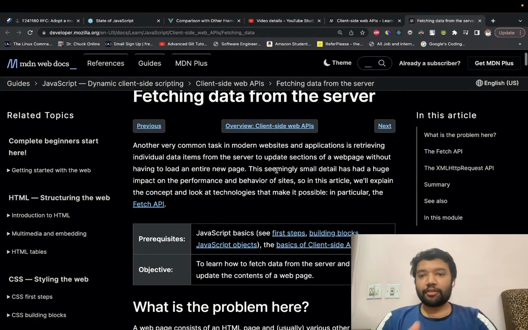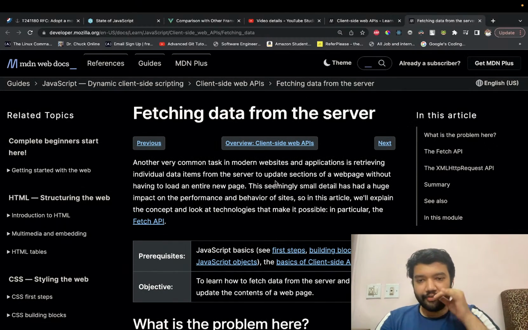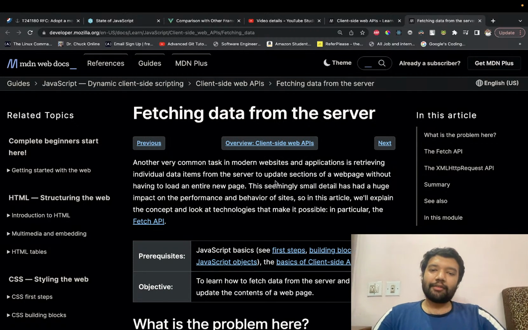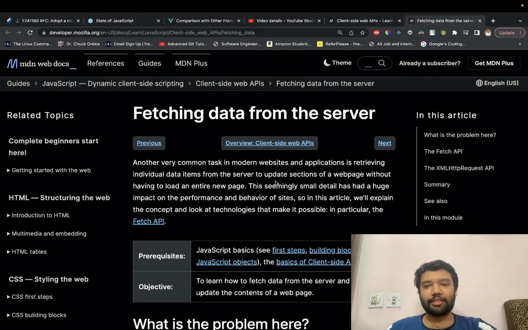So, fetching data from the server. Another very common task in modern websites and applications is retrieving